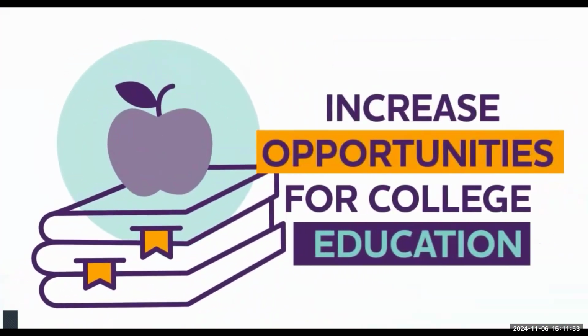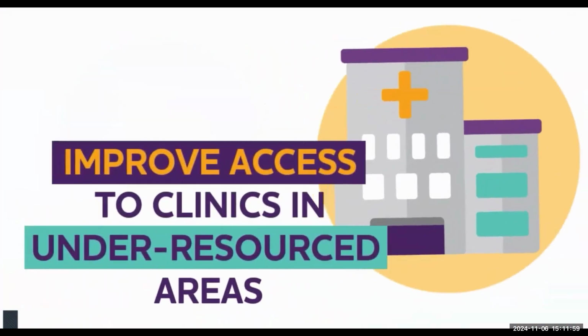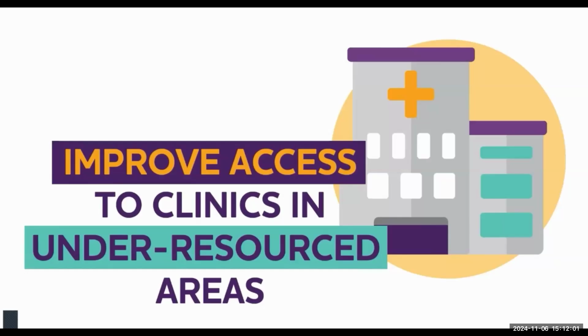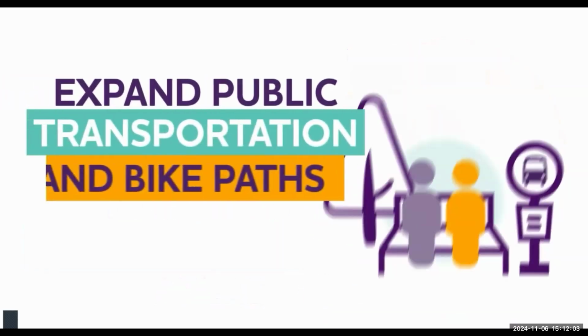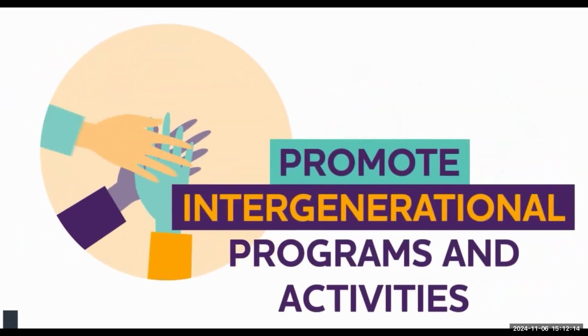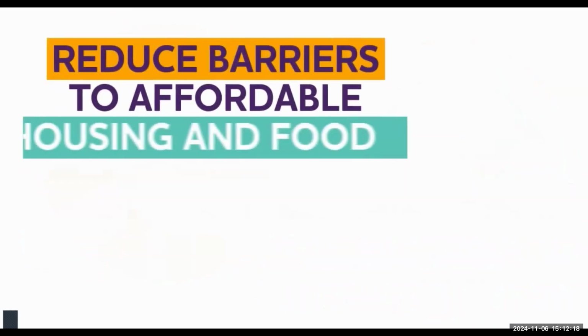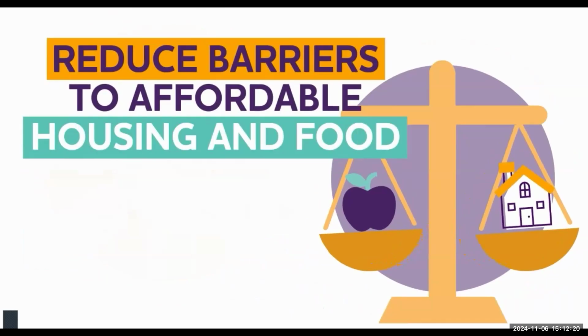Here are some examples. Increasing access to quality education protects against cognitive decline and dementia. Access to quality healthcare ensures all aspects of brain health are addressed. Neighborhoods with sidewalks and green spaces allow for physical activity and social engagement, promoting overall brain health. Frequent, meaningful social connections may lower the risk of cognitive decline. Promoting economic stability throughout a community can